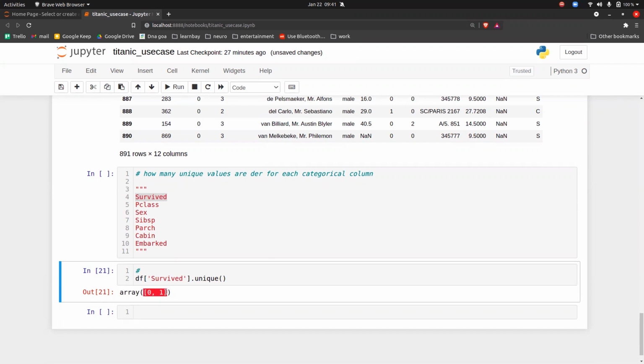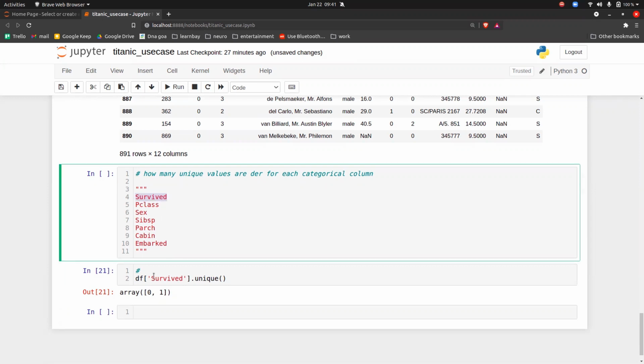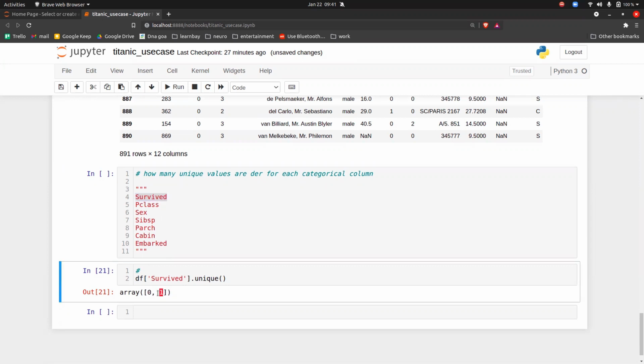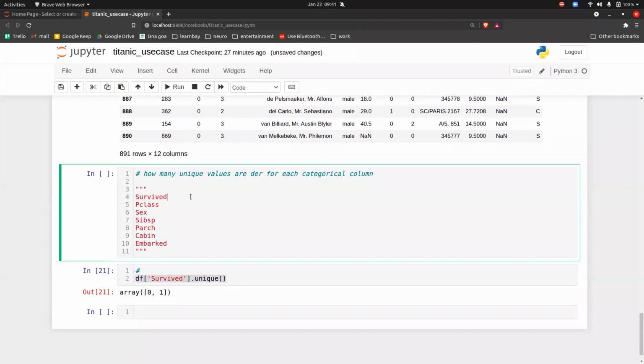So in the Survived column, we have either a 0 or 1 category. 0 means they have not survived, 1 means they had survived. Like this you can do it for all the columns. So Survived has 2 categories, 0 and 1.